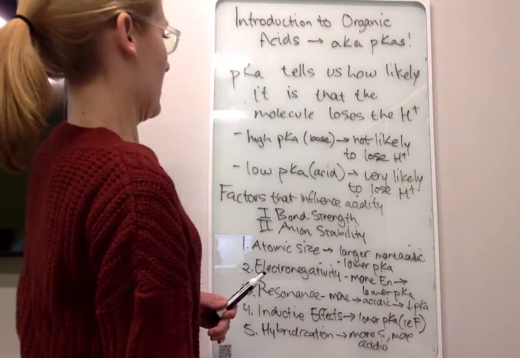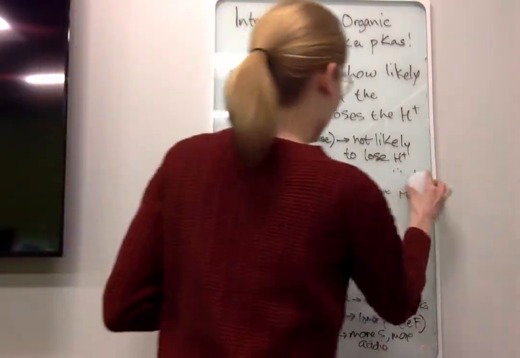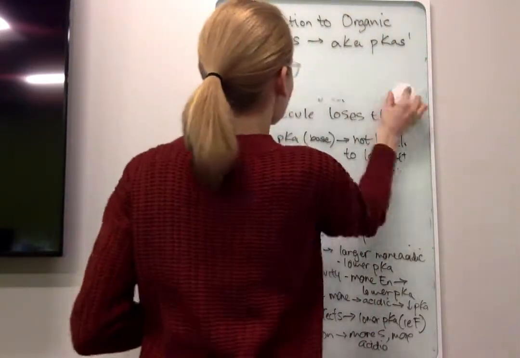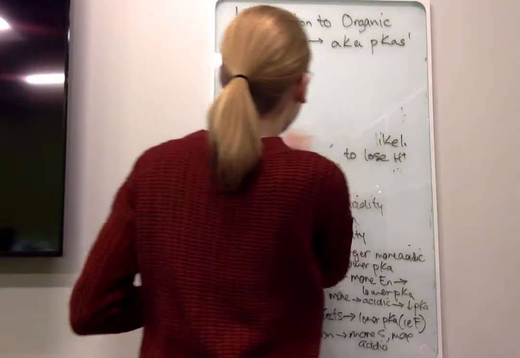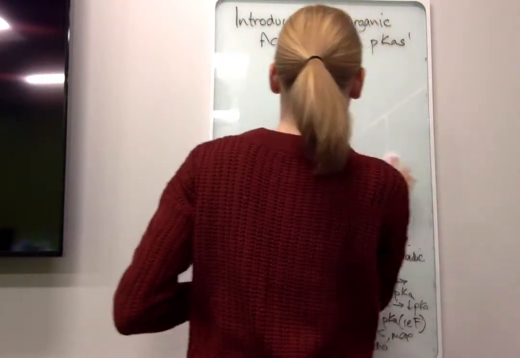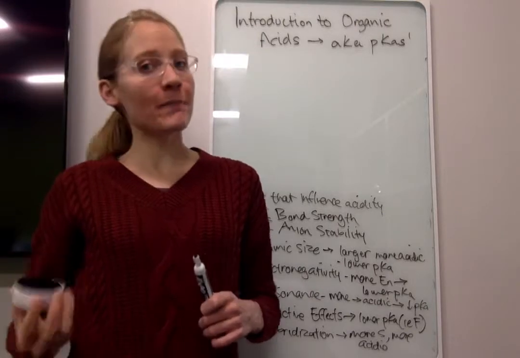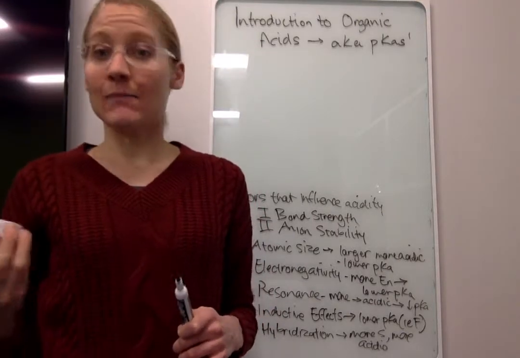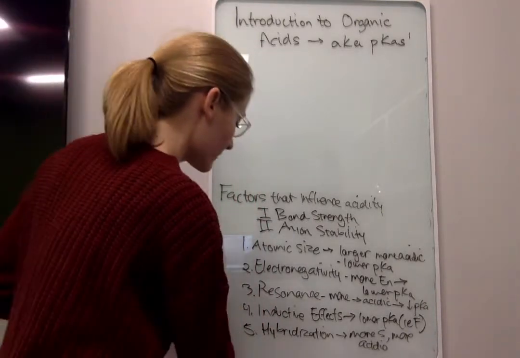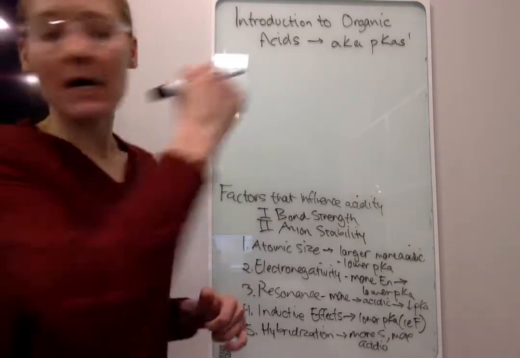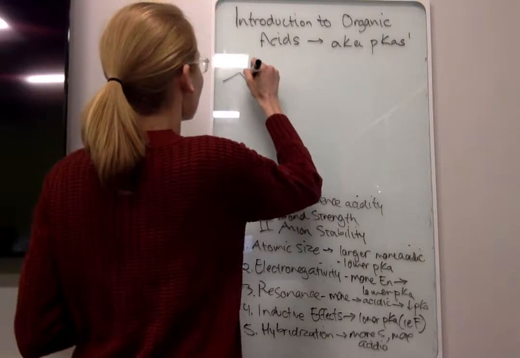So, erasing this top part, we can draw an equilibrium expression. When you're looking at the equilibrium, you're going to pick the side with the more stable anion. So returning to our acetic acid example,